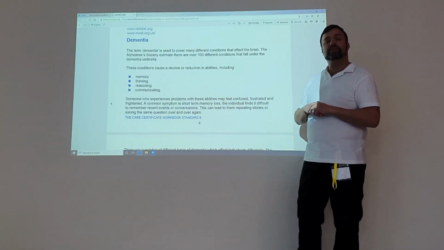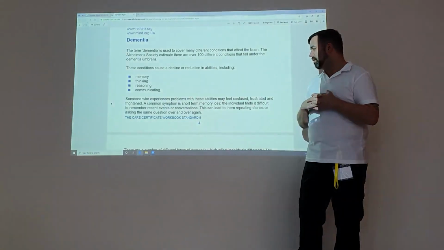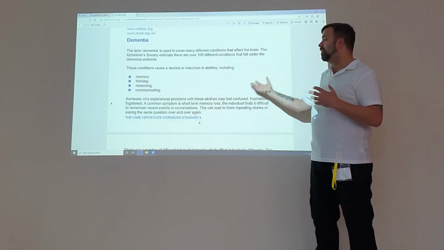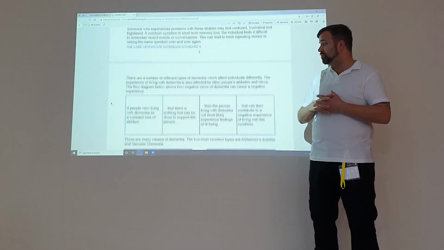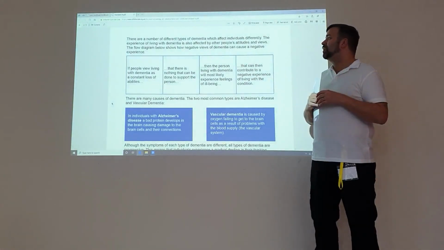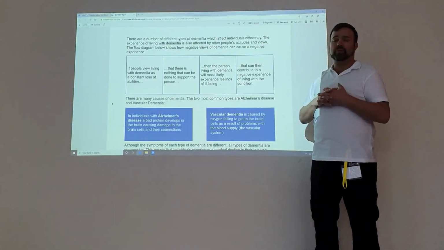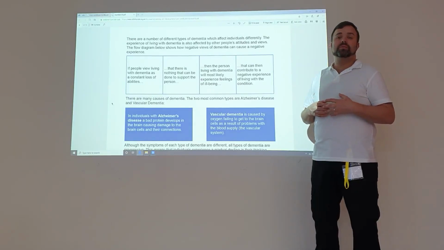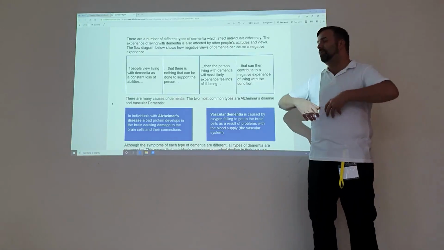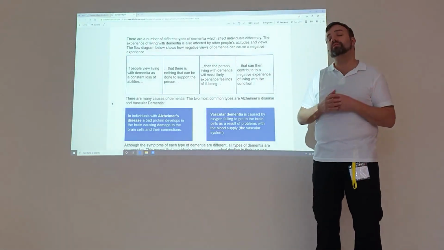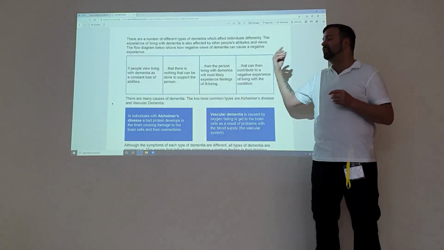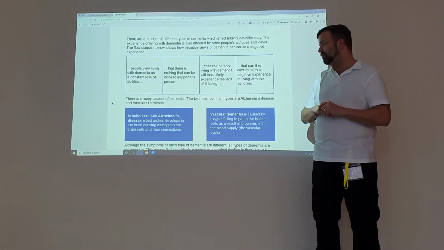People will feel confused, they're going to feel frustrated and they're going to be frightened. It's down to us to support people, to help them become aware of their surroundings and what's going on. Again, we need to be careful with the language that we're using with dementia. So we don't want to say people are surviving and it's got all these horrible negative terms. We want to make sure that people can thrive and still live well with the diagnosis of dementia. And it's important we change those negative experiences into more positive ones.